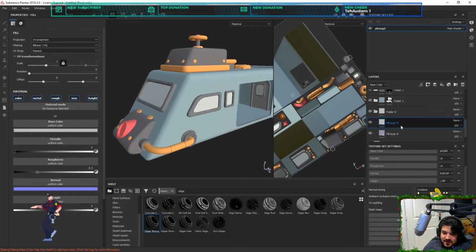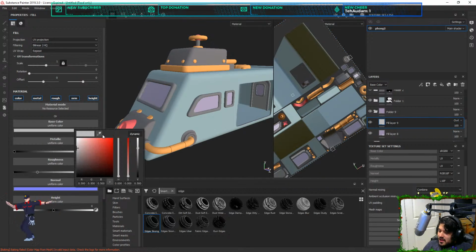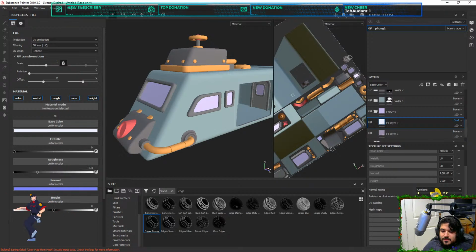Then select this. Turn it into an overlay, and we go like this, go like this. This would be more blue. Maybe overlay's the wrong one.